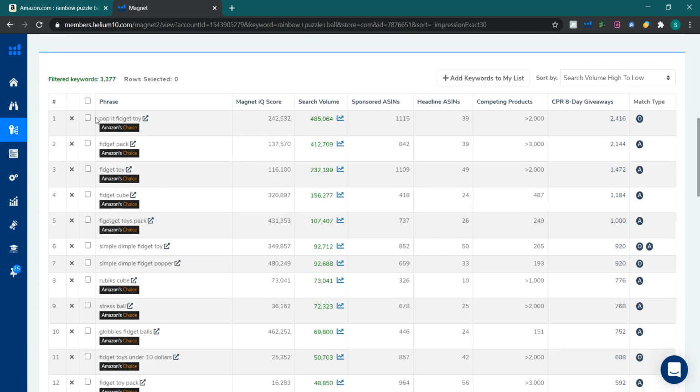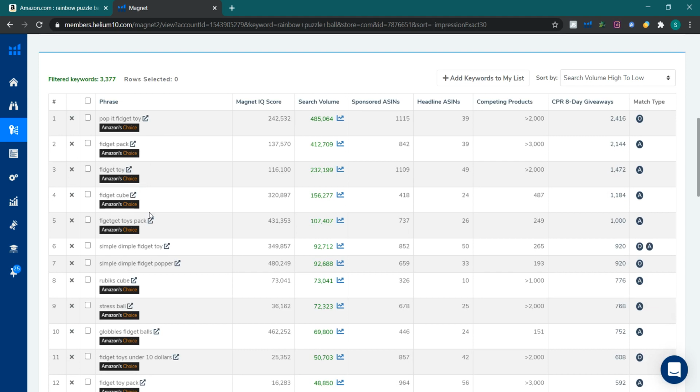I know this is not the relevant keyword. Fidget pack, this is not the relevant keyword. Sometimes you have to open the keyword results and check what it is, and sometimes you can use common sense, because if something is generalized and generic, then you may know by the name that it can't be your relevant keyword, because it is a generic keyword and it is going to show very spread out results. So fidget pack, it can't be this.